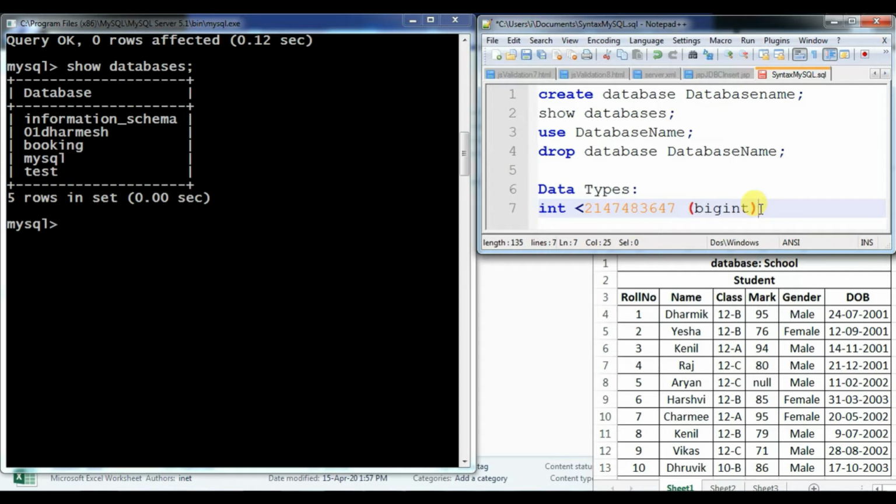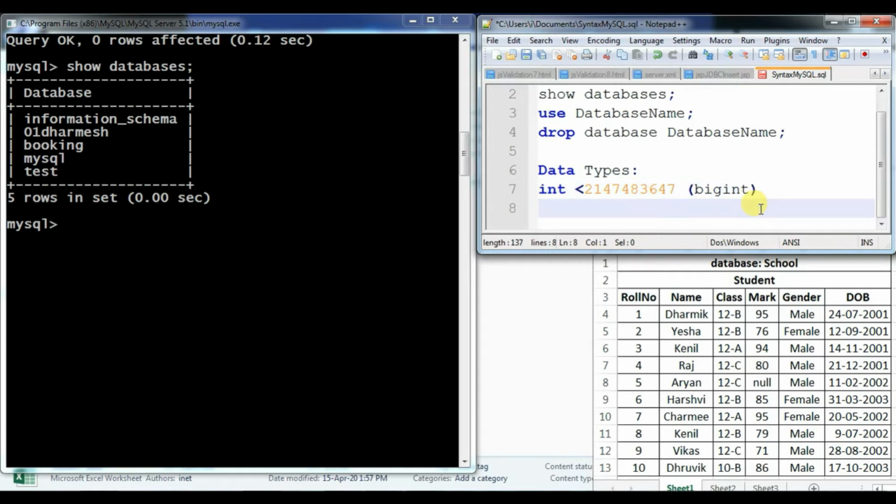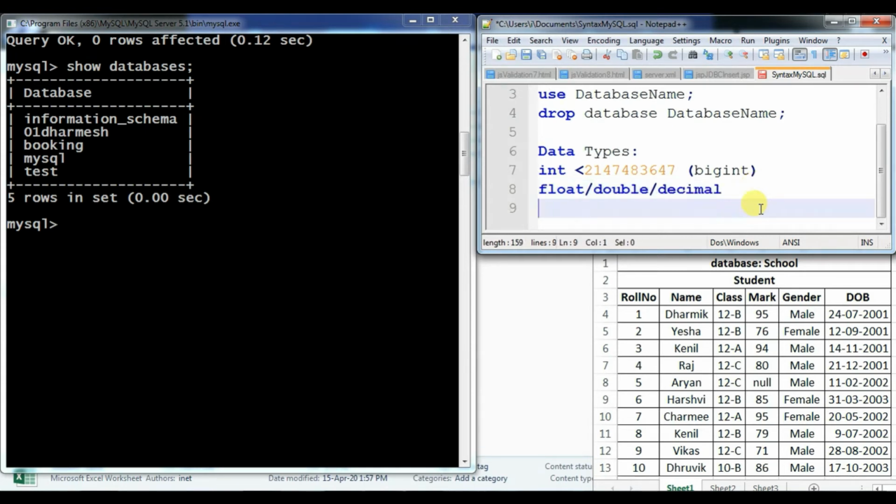Now suppose you want to store any fractional value, then you can use either float or double, or you can use decimal also. Suppose you want to store a fractional value like 98.3 or 74.5, then you can use float, double or decimal. Now let's take the example of decimal. In decimal, suppose I write 4,2.